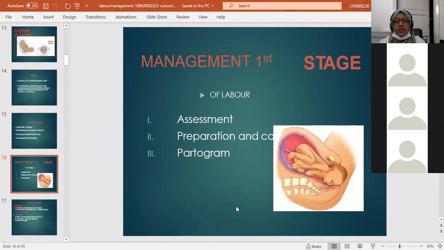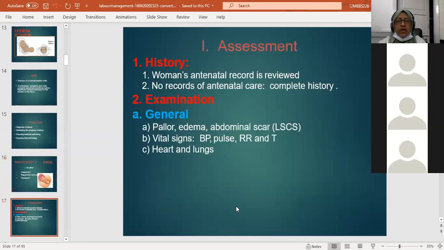Now the management of the normal labor, that is the assessment, preparation, partogram. This is now the assessment. How will you do the assessment of the labor? As soon as the patient comes into the labor ward, this is very important, you must take the history of the patient. In the history, you must take the biodata of the patient, what is the name of the patient, husband's name, age, what is the parity. Parity means